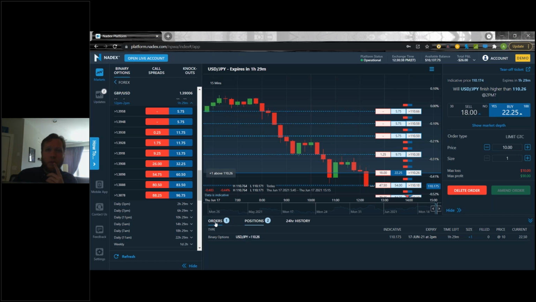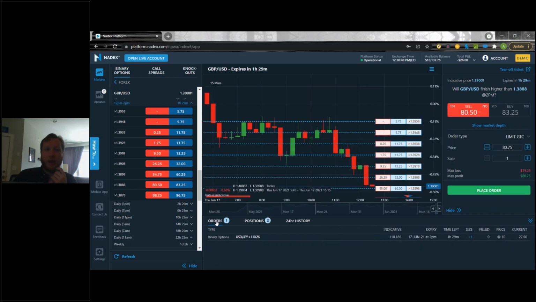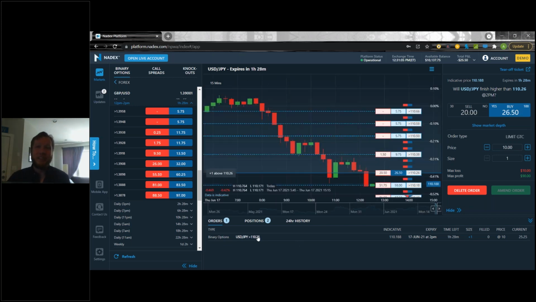Real quick, you may have noticed when I clicked on this, I brought up a different order ticket. This is the usual order ticket, and when I go to my order tab and click directly on the order in the order tab window, it brings up this new ticket. Sorry, we got a comment here. Yes, nice close button. This new ticket that it brings up, if you click directly on it, is going to give you the ability to delete your order or amend your order.